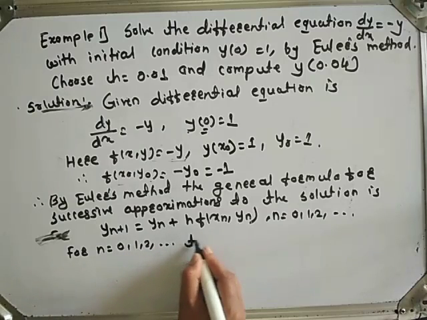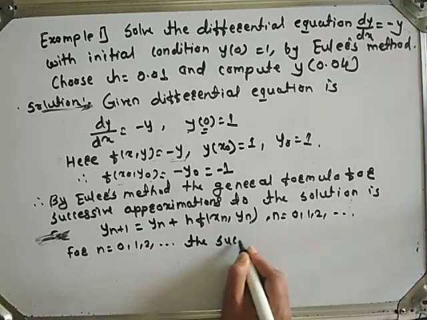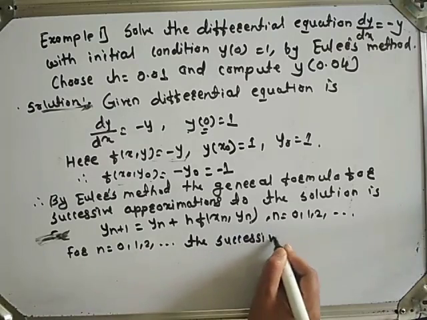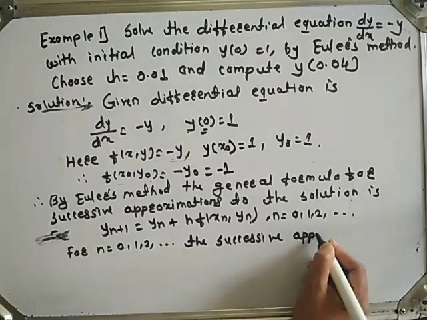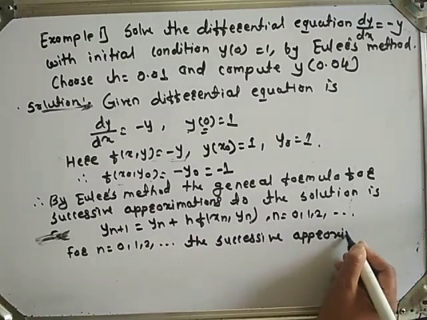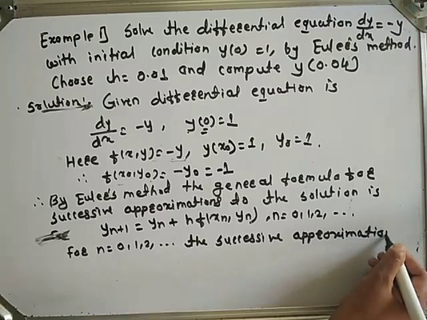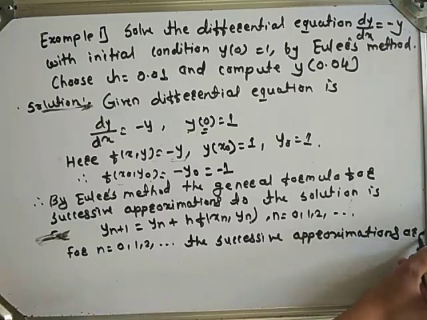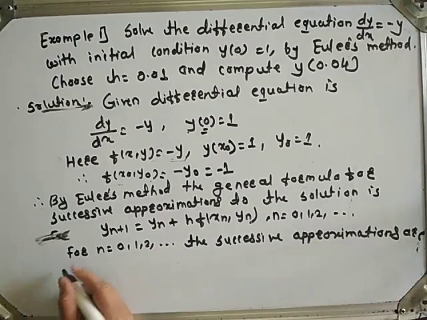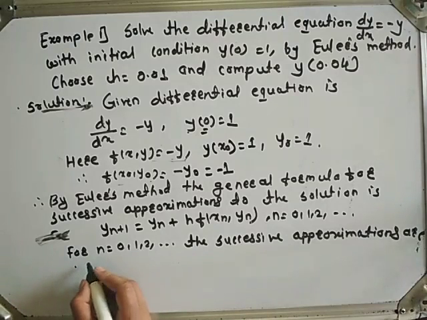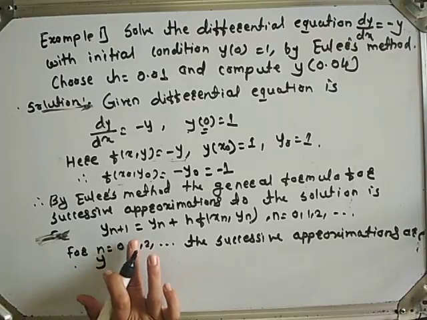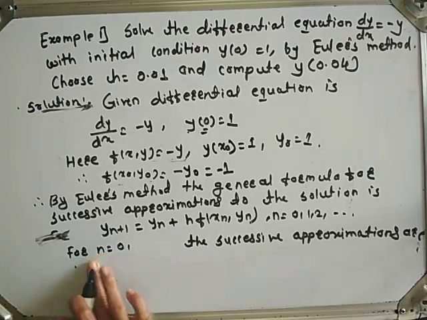The successive approximations are, for n is equal to 0,